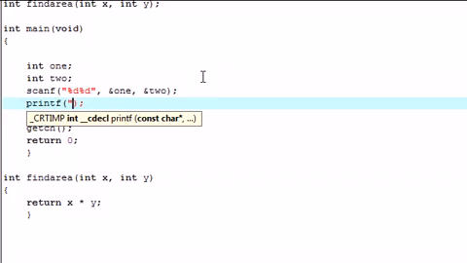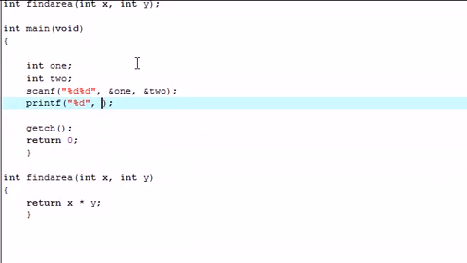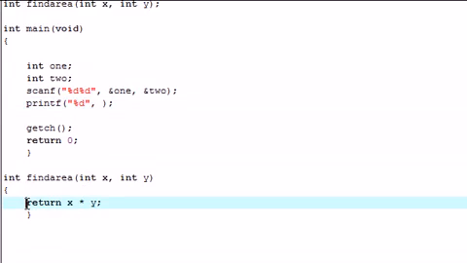So %d, and then it's going to print out a variable, or print out an integer. So instead of just putting in a variable name in there, we're going to want it to print out whatever it found in this function. So let's go ahead and put